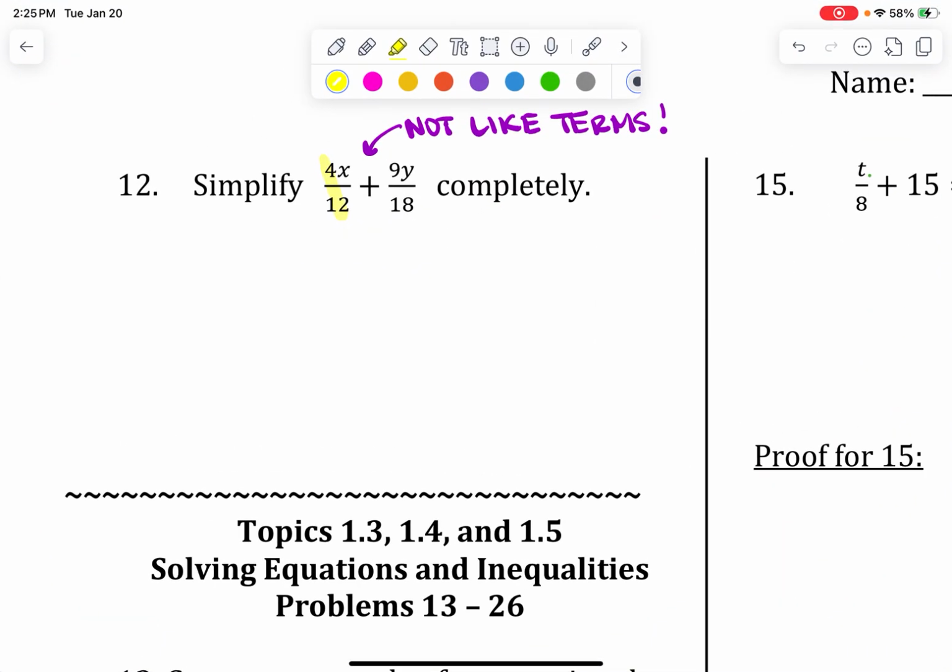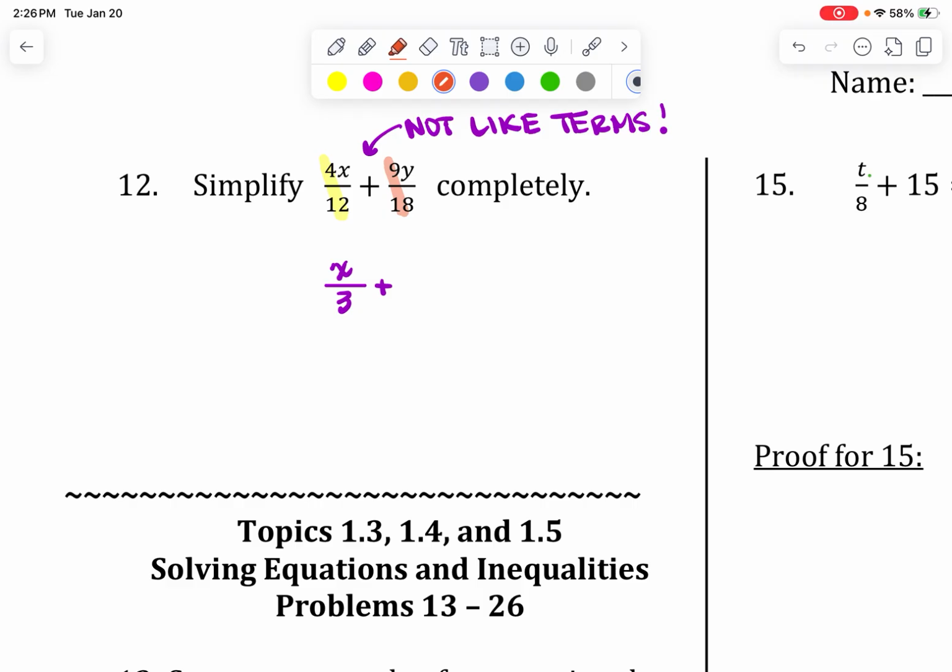So I'm going to go back here. The x is still in the numerator, but I'm just going to now change that fraction to 1/3 instead of 4/12. Now, me personally, I would not put the 1 up top because it's understood to be in front of the x anyway. I'm not going to put the 1 because it's understood to be there. But if you want to write the 1 like I just had it a second ago, then by all means, that's totally fine. Then I'm going to bring in a plus sign,